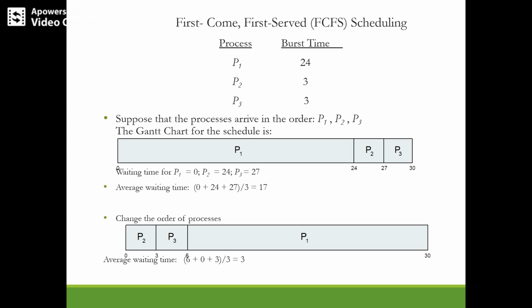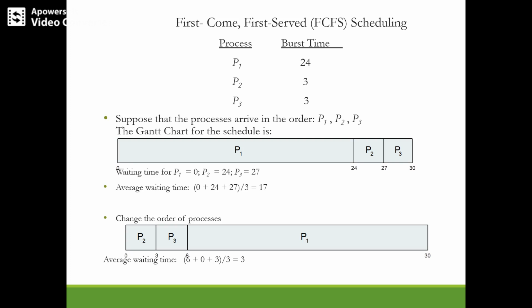Or first come, first serve. So the first process P1 will be there in the CPU, and it will completely take over the CPU and execute up to its burst time, that is 24 milliseconds. Only after it has completed, the remaining two processes in the queue, P2 and P3, get their turn. Now P2 comes into the CPU, and it has a burst time of 3 milliseconds, the lowest, yet it has to wait for the 24 milliseconds of process P1. That means it is not useful for interactive systems or real-time systems.